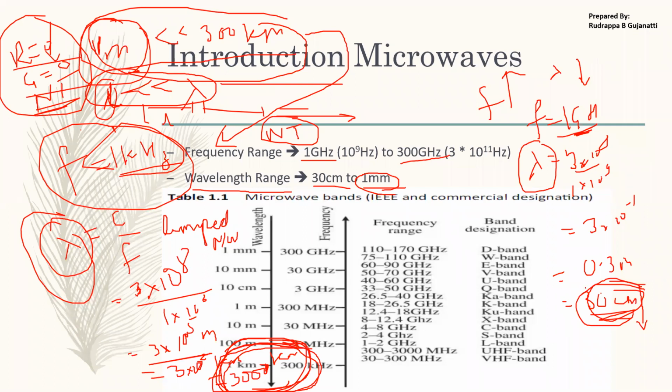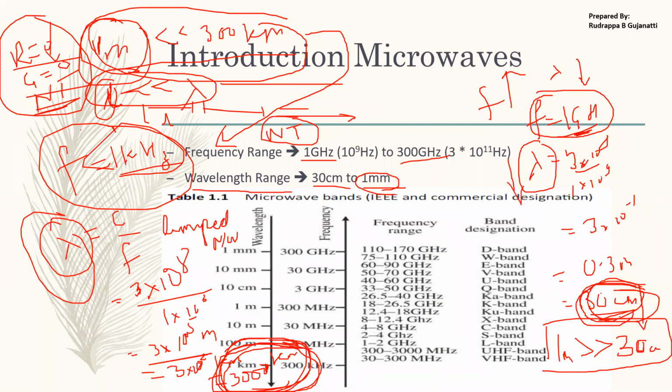But when we come to this one, right, this is 30 centimeter. And when you consider 1 meter, we classify it as very much higher than 30 centimeter. So length is very much greater than 30 centimeter. When we go to the microwave frequency range, lambda decreases and it turns out to be, say, 30 centimeter to 1 millimeter. And when we compare it with the transmission lines which are helping us to take the microwave energy from one point to the other point.